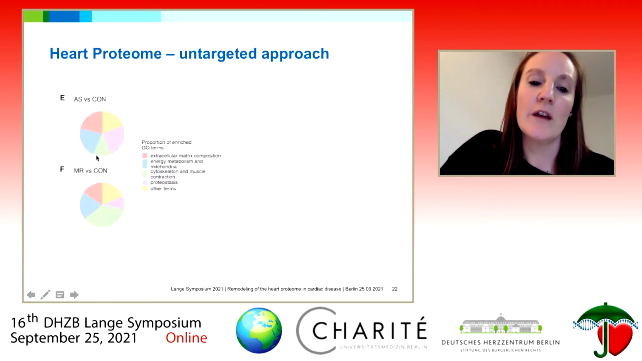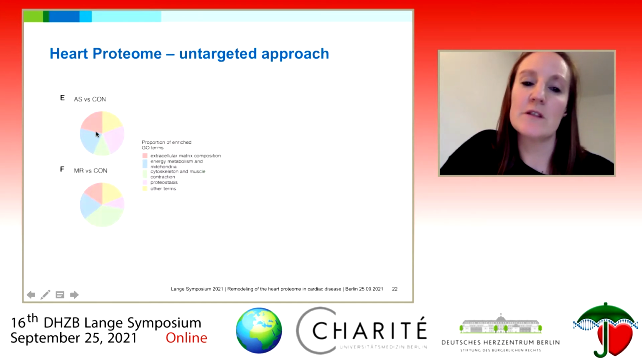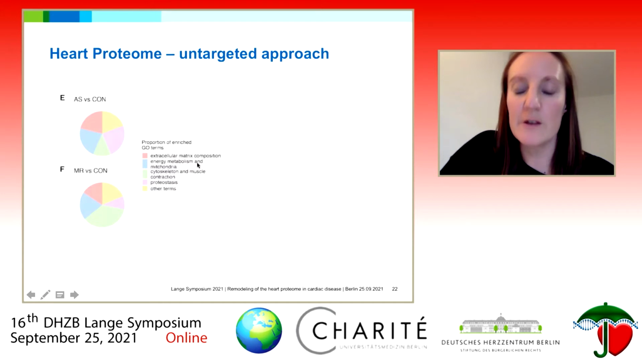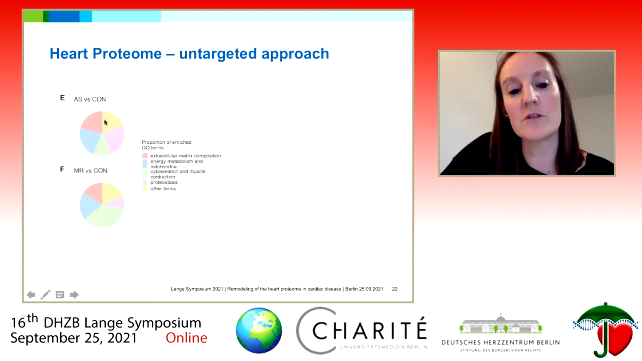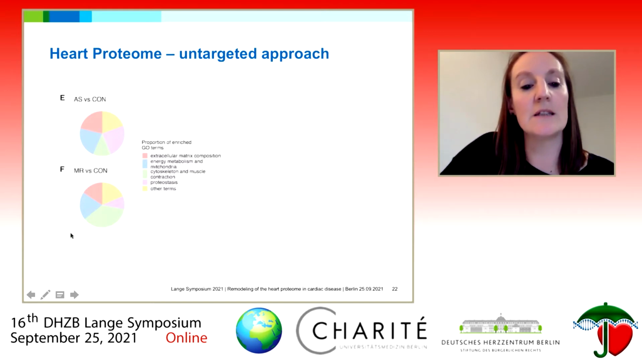So we saw protein expression differences compared to controls in 4 categories: the extracellular matrix composition, energy metabolism in mitochondria, cytoskeleton and muscle contraction, and proteostasis. Whereas in aortic valve stenosis, we rather saw changes in proteostasis proteins, and in mitral valve insufficiency patients, rather cytoskeletal